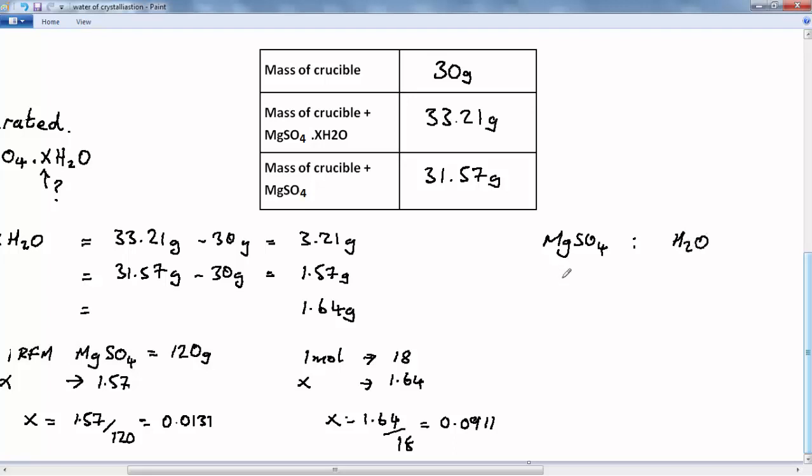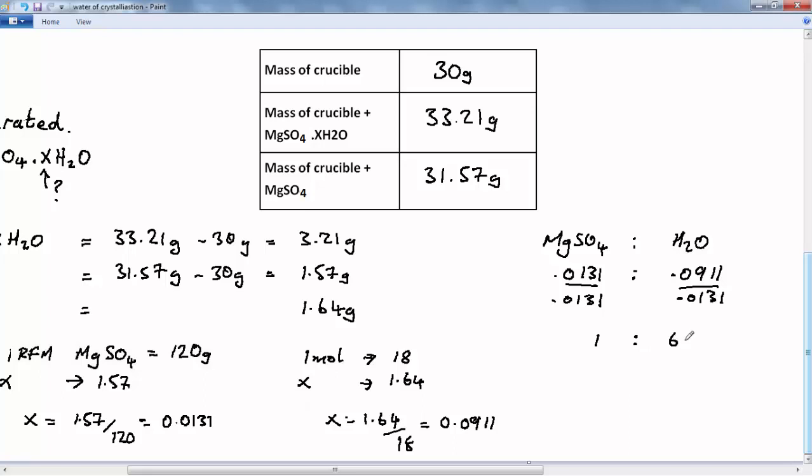So we have 0.0131 to 0.0911. We divide each number by 0.0131. That gives us 1 to